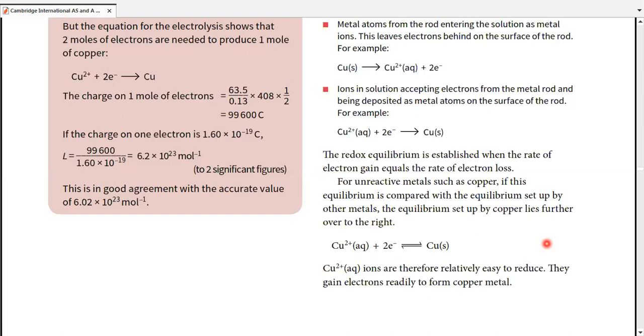Hence, unreactive. That's why the most unreactive elements on the periodic table are noble gases. Why are noble gases most unreactive? Because